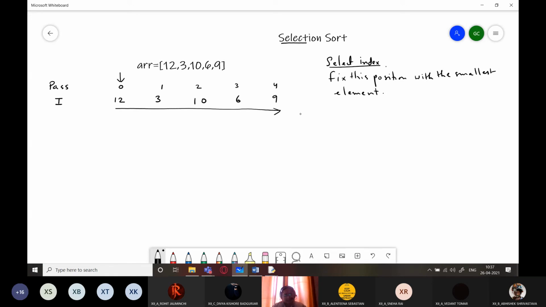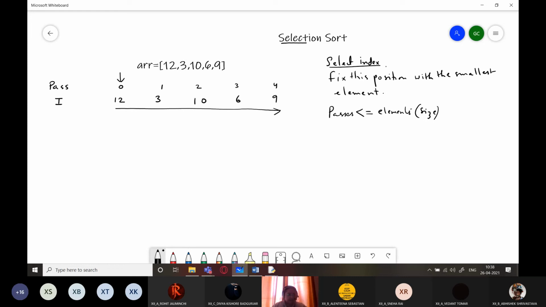So this one whole traversal is known as a pass. The total number of passes cannot exceed the number of elements, that is the size of the array. It will be either less than or equal to the number of elements, but never greater than that.